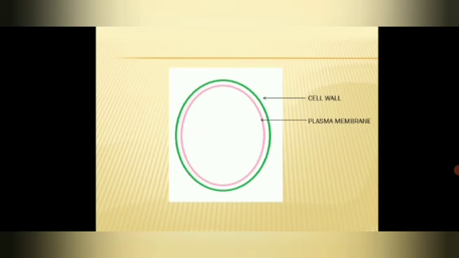Fine. So today we are going to see what is there inside this plasma membrane. We are moving inward inside the cell. Let us see what is there inside the plasma membrane. You can see a yellowish colored thing, right? This is nothing but cytoplasm. This area is the cytoplasm.